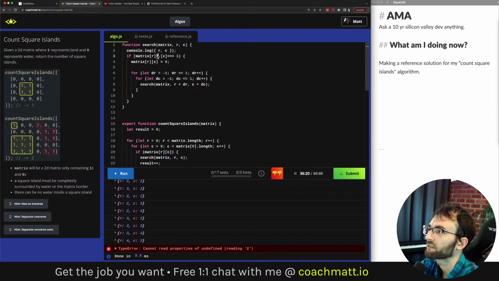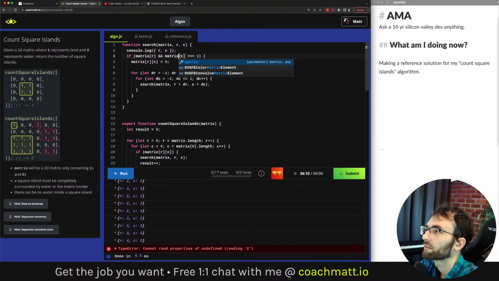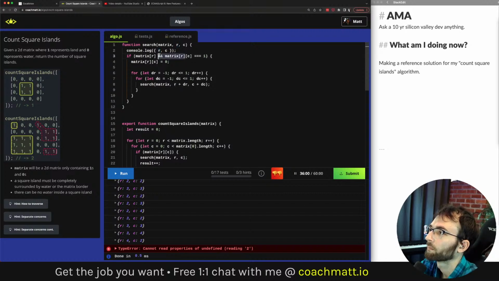So this, question mark and dot, conceptually it's the exact same thing as doing something like matrix row and matrix column, like that. Well, it's similar.